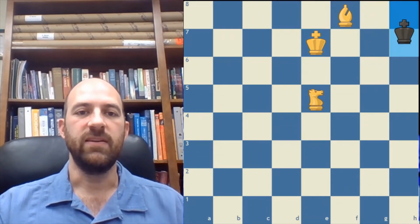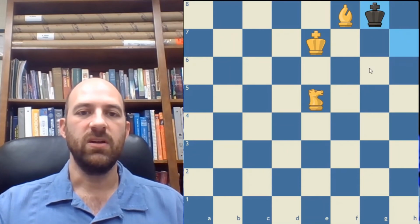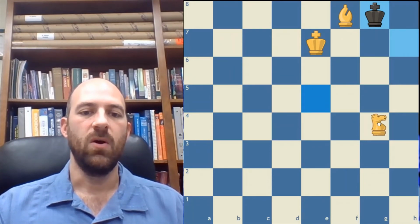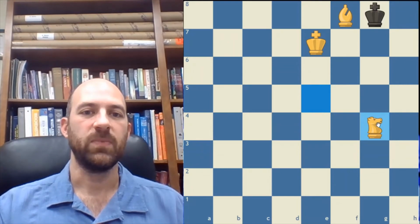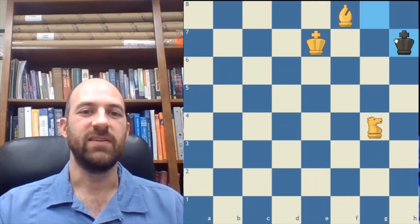If the king instead goes towards the bishop, well, you can go ahead and, since the king is not close to this square any longer, the knight can start his moves over to g4, right? So directly across from the king and ready to jump into this square. All right, so now let's look at what we're blocking off now. Right now we're blocking off these squares. The king looks like it has a way out, but the king has to step over here,